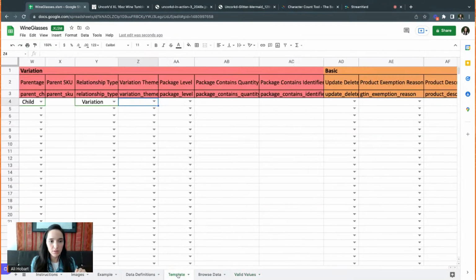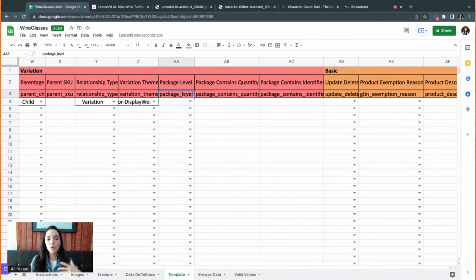You can copy here, paste over here in the variation theme. Now, if you go to the next group of colors, you're going to see somewhere there's going to be color and somewhere is going to be display weight. You have to put information on those two columns now, otherwise it's not going to go through. So just select your variation theme first, and then you know which columns to actually fill out.